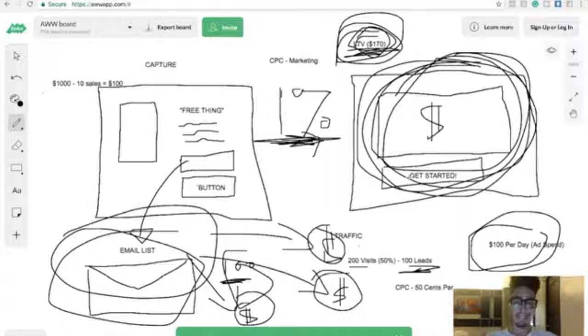So with that being said, guys, that's how you guys build 100 leads plus per day for free. The first method is obviously with organic traffic. Building an organic traffic method big enough to where you're driving enough traffic, meaning if your sales funnel is converting at 50%, then you're getting 200 visits per day. That's the first method. Second method is the hack.